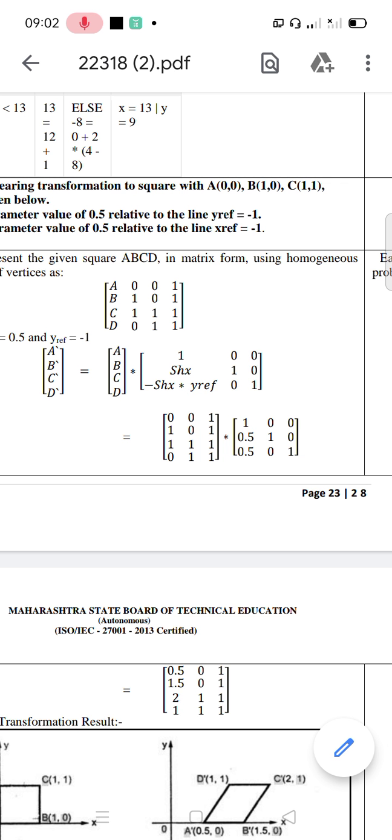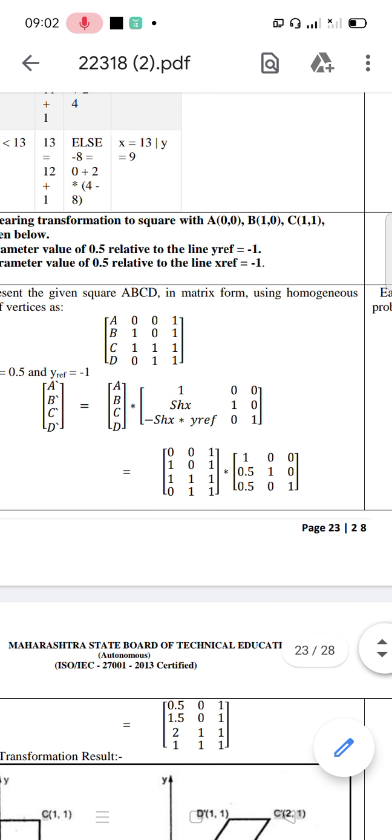So the new a dash, b dash, c dash, d dash equals the initial a, b, c, d values multiplied by the shear transformation matrix, so the computer object is multiplied with the shear transformation matrix. The matrix is already explained in that recorded video, you can go through it and note it down, so that you can remember it in next questions.